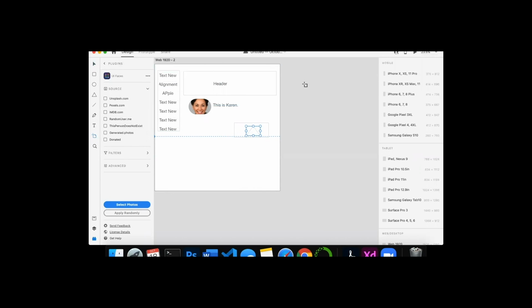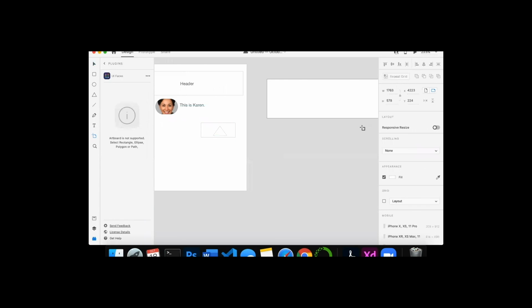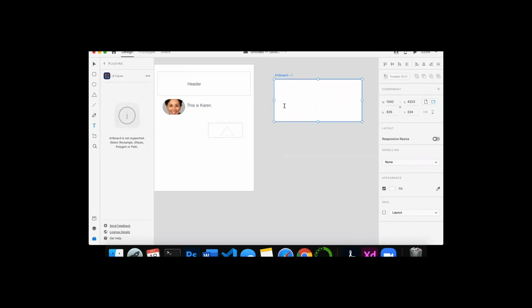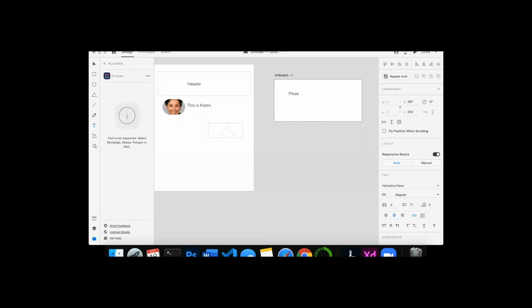This is the feature which we skipped earlier. Let's say I want to say, please email me if you have any questions. I can drag this